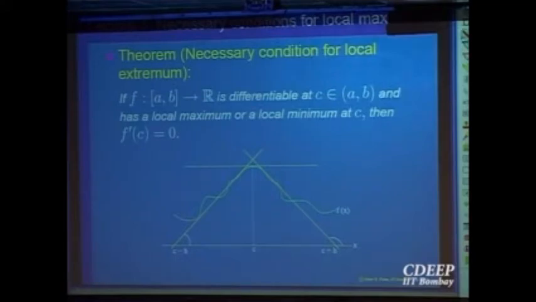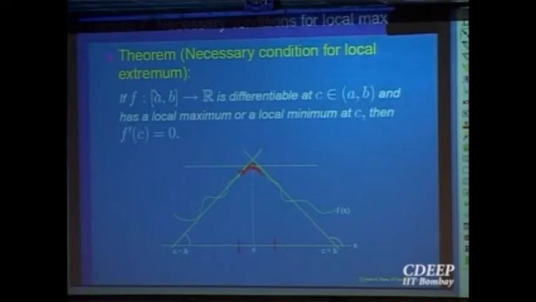Because if at a point c there's a local maximum, then the value here is largest in a neighborhood, right? And it is differentiable. The value is largest, so the only possibility is that the function looks like this in a neighborhood. Intuitively, it may not be exactly like this. It may be curving, but the values always stay below that value, and the function is differentiable at the point c.